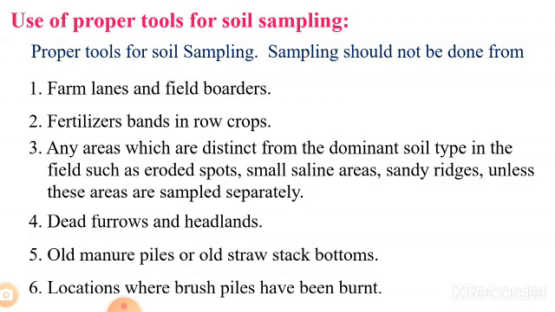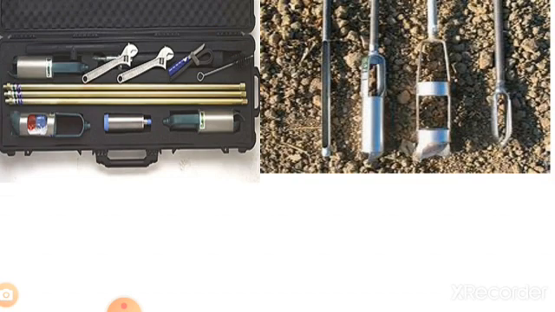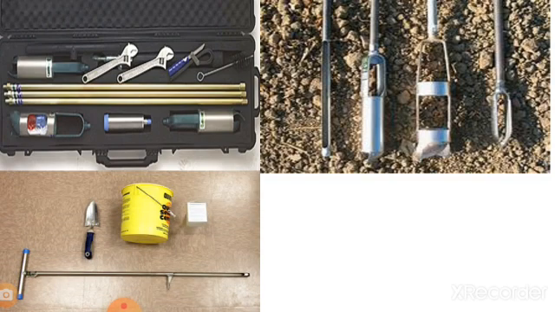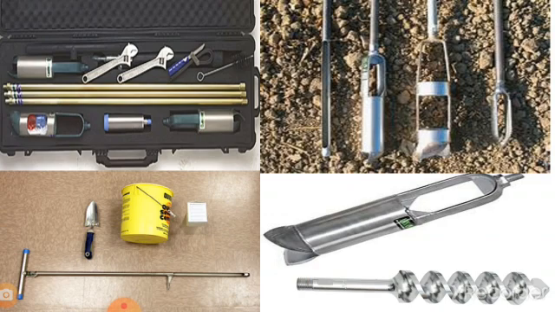Screw type and post hole augers are generally used for this purpose. Screw type auger is used for hard soils, and for soft moist soil, a soil tube or probe is used, which allows a uniform portion of the soil to be collected rapidly and accurately by pushing the tube into the ground to the desired depth and removing a soil core. The other tools used for this purpose are shovel, spade, khurpi, etc.